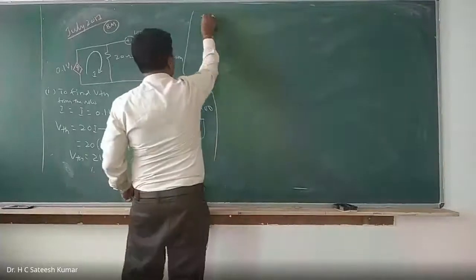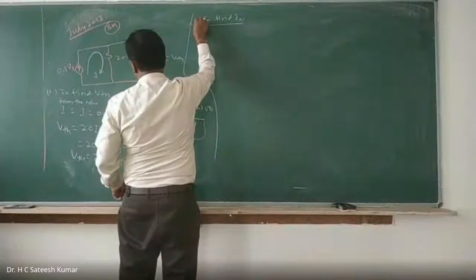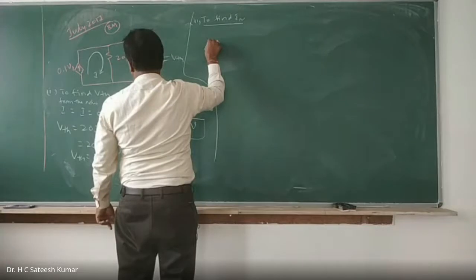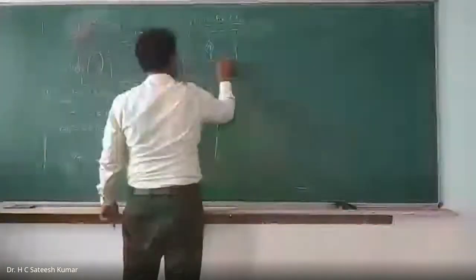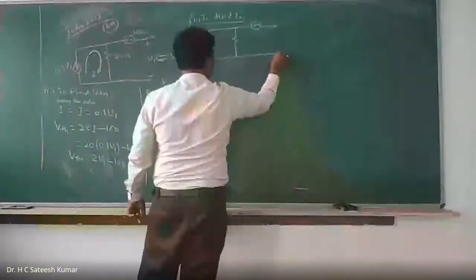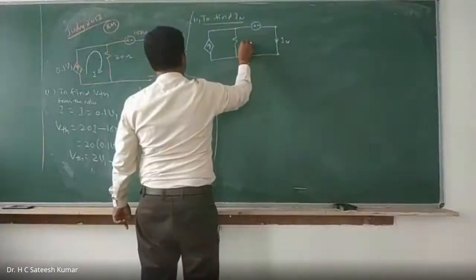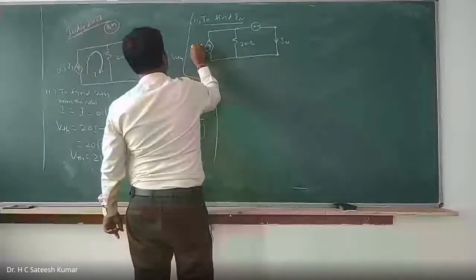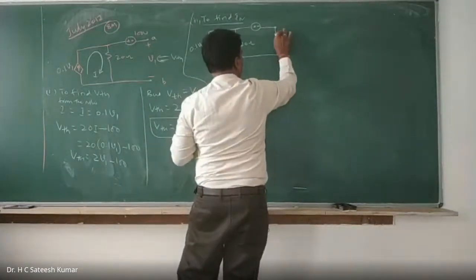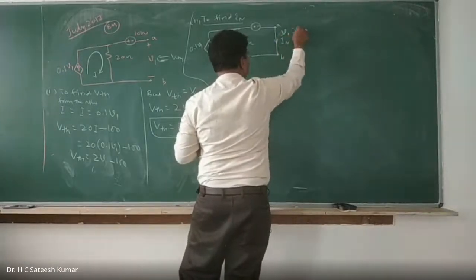Next, second step, to find I Norton. How will you do that? Same thing, rewrite it: an arrow mark, one resistor, and a voltage source plus minus, and short this one. This current you call IN. This is 20 ohms, and this is 0.1 V1. Voltage across AB we call V1, but since this is shorted, V1 becomes equal to 0.